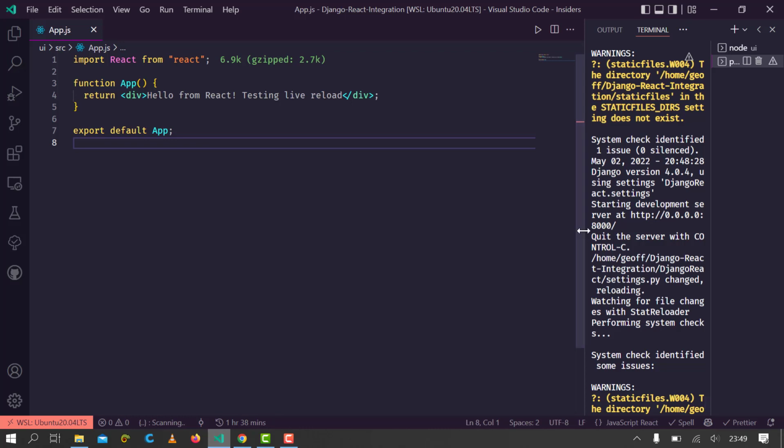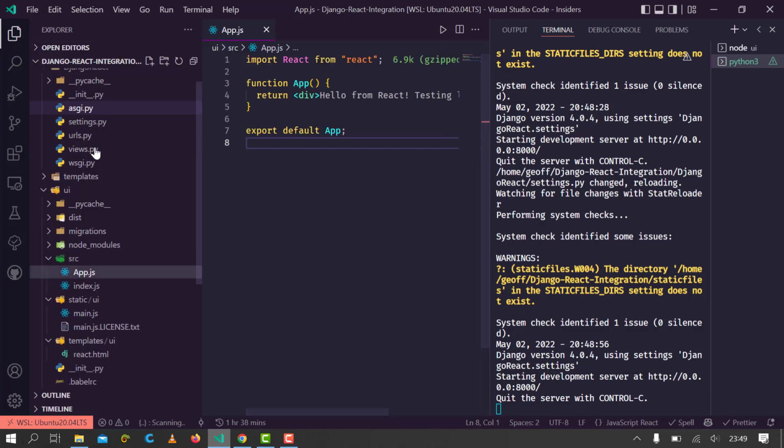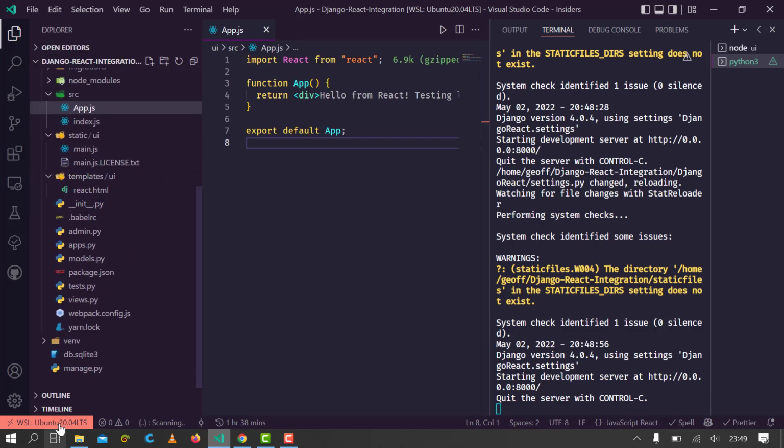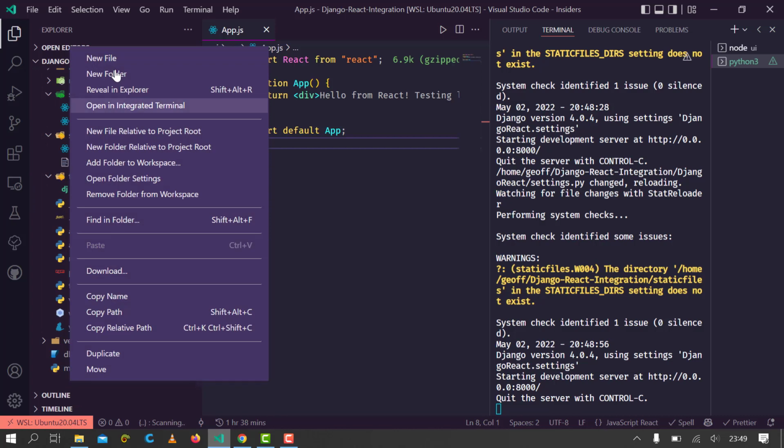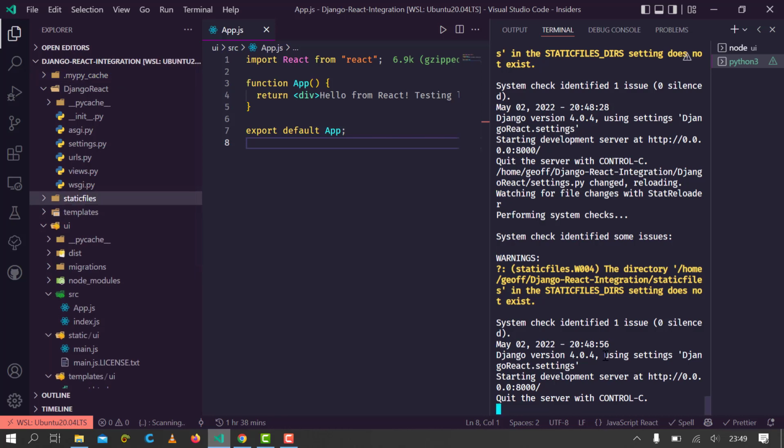So here I get a warning. It's saying the directory static files does not exist because we put it and we've not created it. So let me just create that quickly. New folder, static files. So now this should be okay, and I can see my